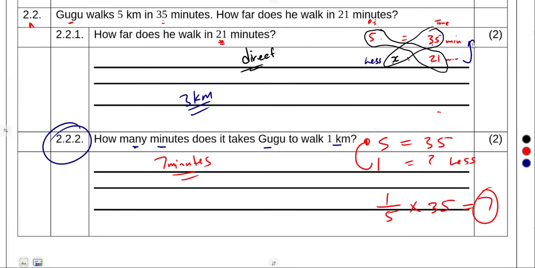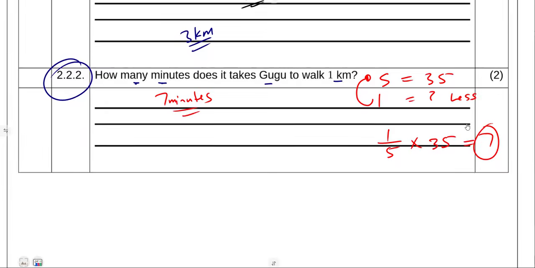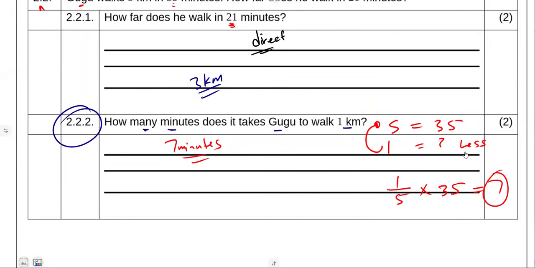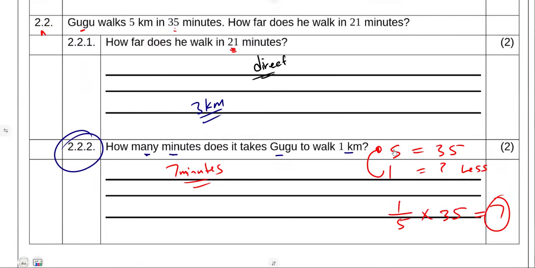So it's 21 over 35, the lesser value over the bigger value, times what you have to calculate, 5. You're still going to obtain 3 kilometers just like before. So there are so many ways, guys, of calculating these. You just use the idea or the knowledge that you understand, but at the end, you're going to have the same